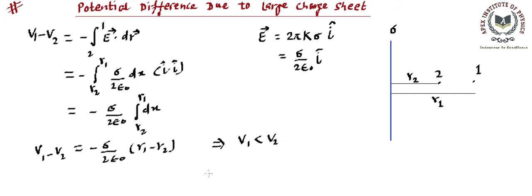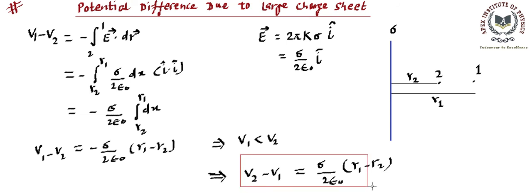So if we want, we can write it in terms of potential difference, which is V2 minus V1, potential of 2 minus potential of 1. This is going to be equal to σ/2ε₀ times the distance between these two, that means r1 minus r2. So if we know the distance between the 2 points, we can find out the potential difference between these 2 points. So that becomes the formula in the case of